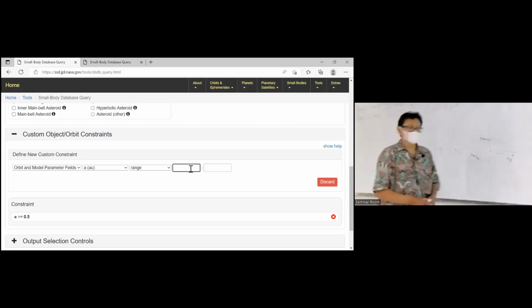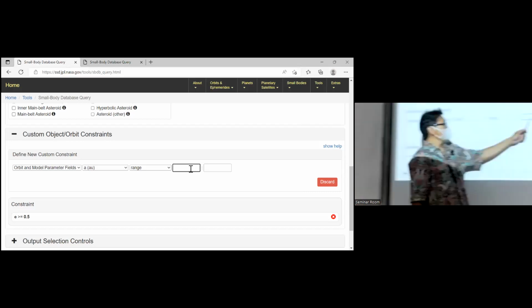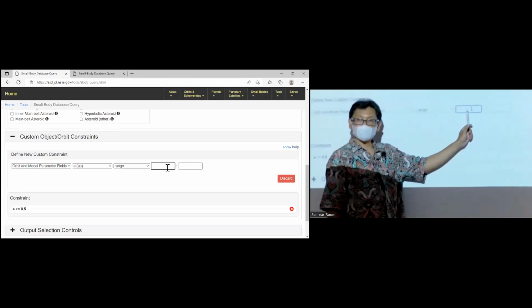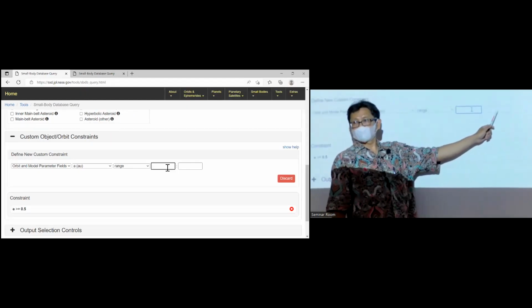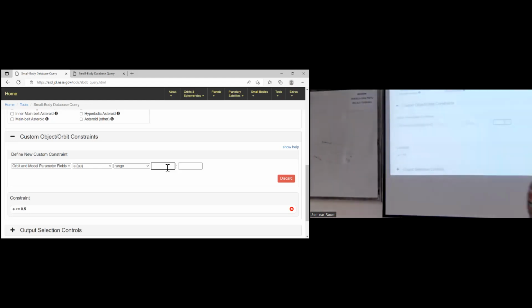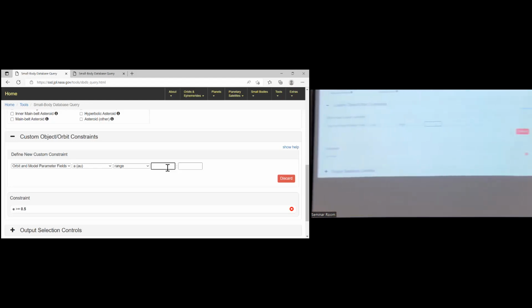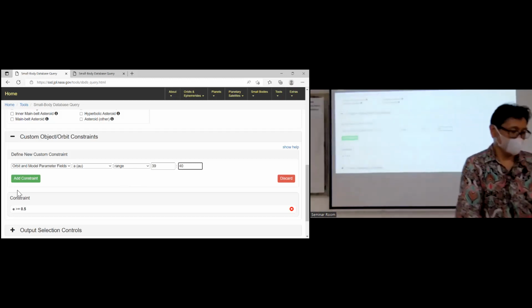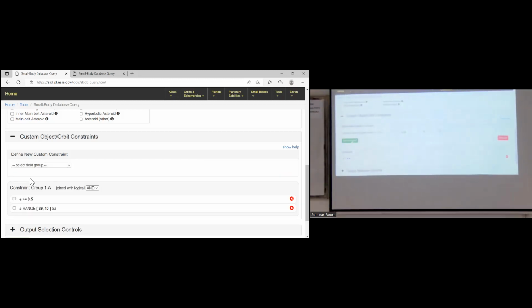You have two boxes here, 39, 40. Add constraint.